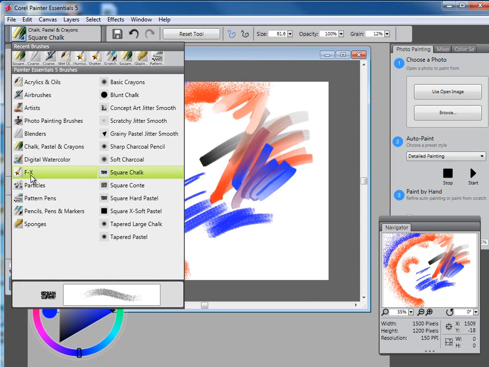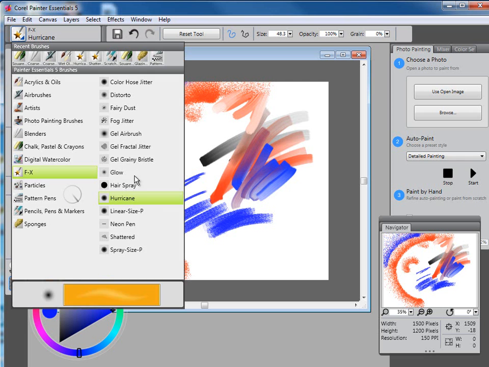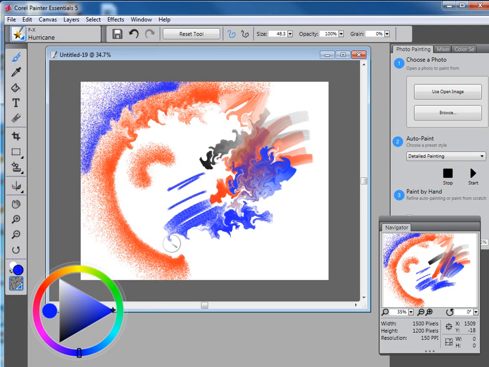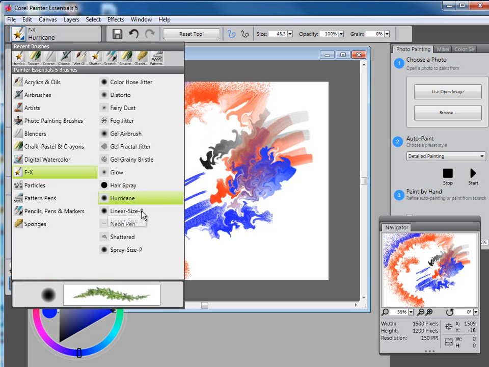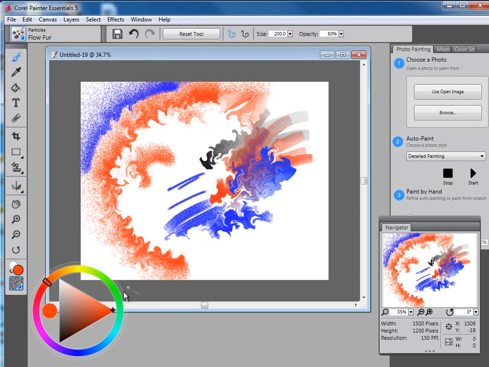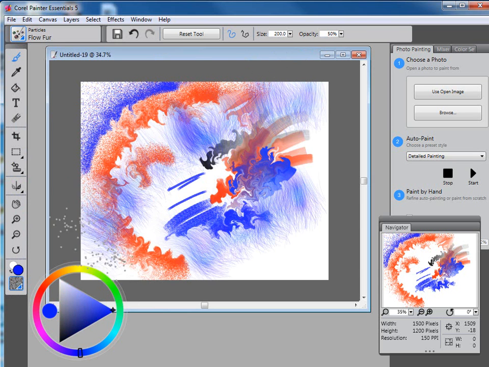The special effects brushes are a lot of fun. Some of my favorites are like the Hurricane, in that it will just kind of twist everything around. A lot of fun to play with. I could play the whole video with just these on here. Particle brushes, I was surprised that they put that in. That's a new feature in the full version of Painter. They do some really interesting things. Again, not enough time in this video to actually demonstrate much, but I was surprised and happy that they put